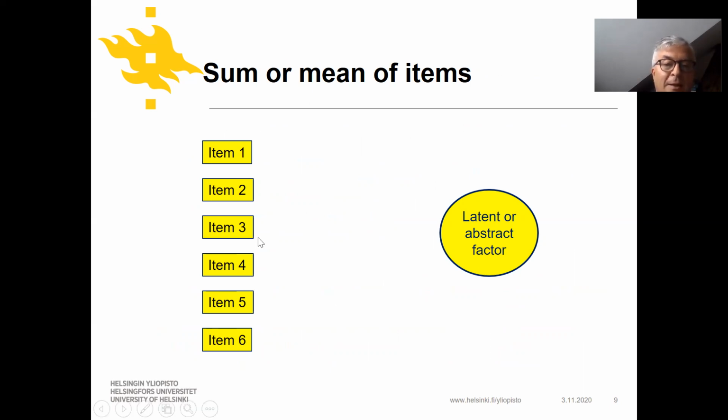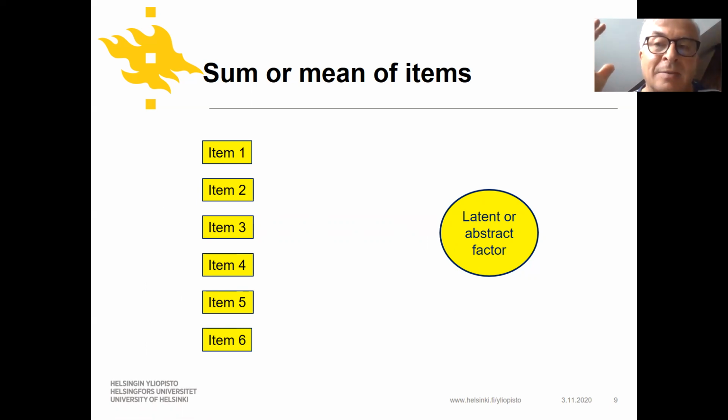So we have here the items, and our idea is that behind the covariance, so these correlate with each other, the reason for this correlation between the items in the test is that there's something behind it. And that's how we know that there's a hand, even if we don't see it. So the hand produces